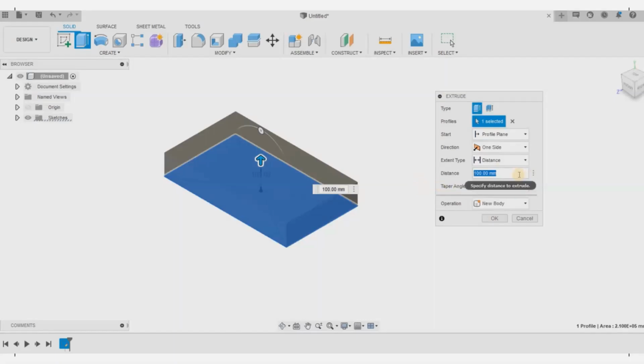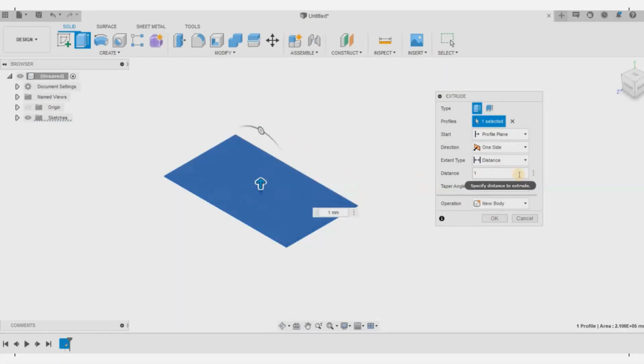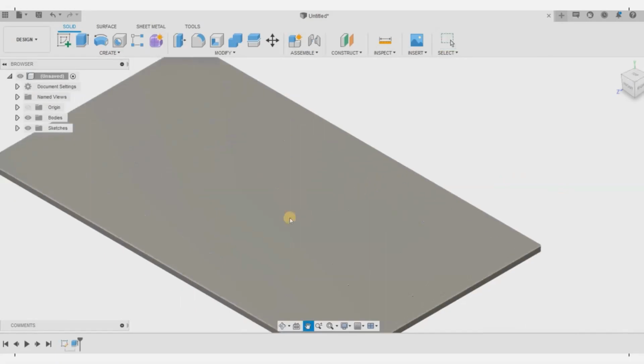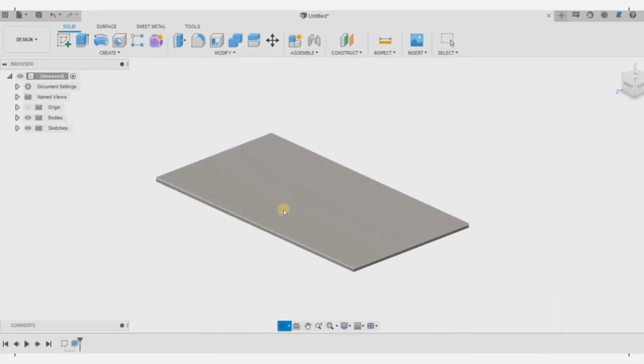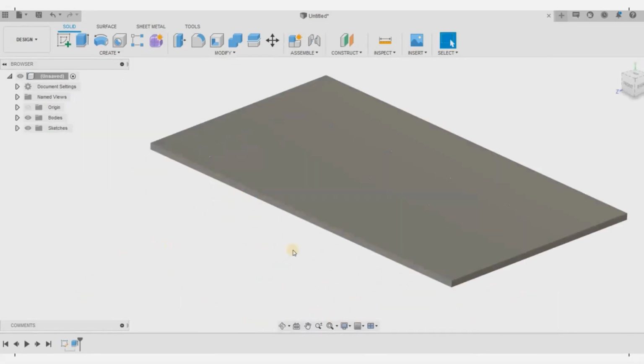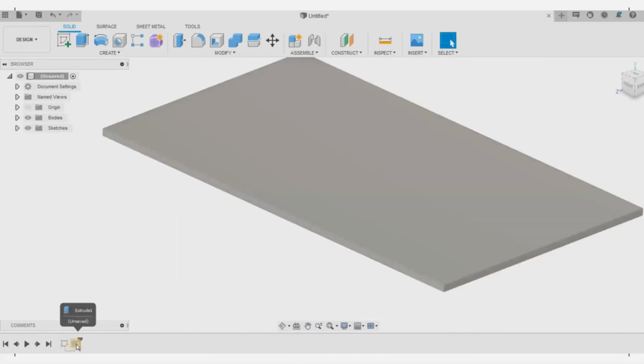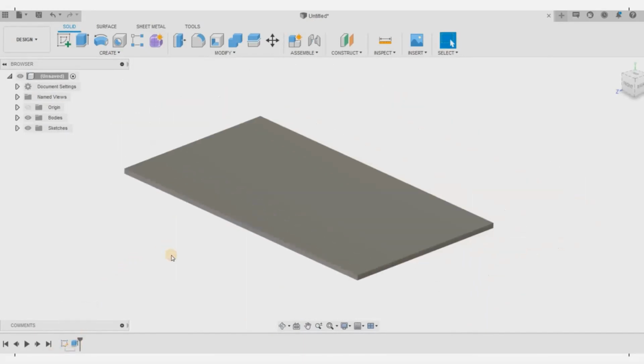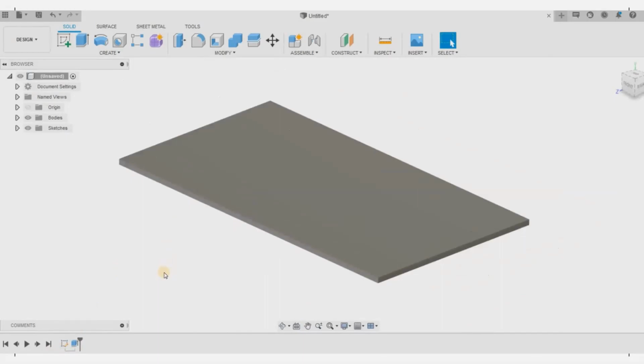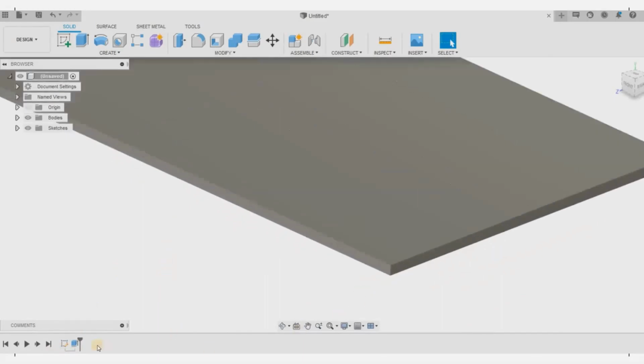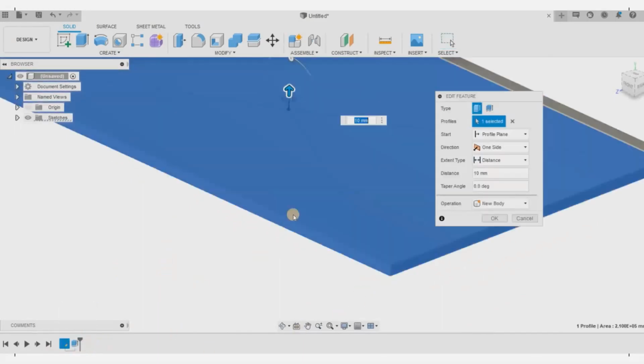And it's also very easy to make changes to whatever we are doing. If I give some thickness, it shows a preview, so I get an estimate of the ratio. If I do not like it, I can go back. I can just double click the extrude feature because I need it thicker so that the bottom panel is stronger, because it has to carry all the tools.